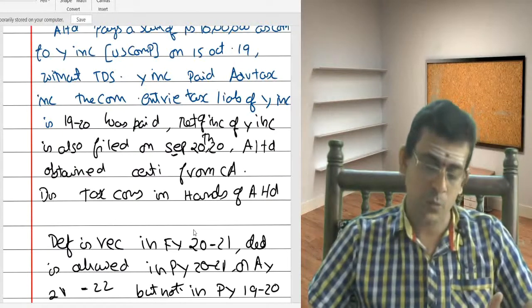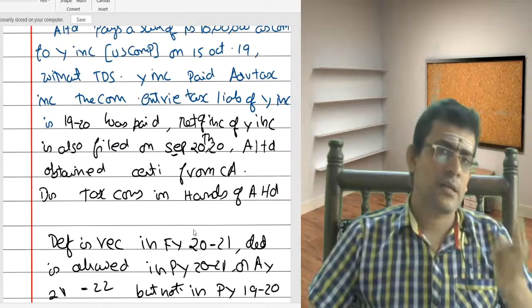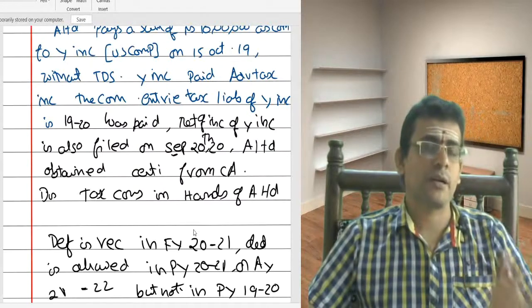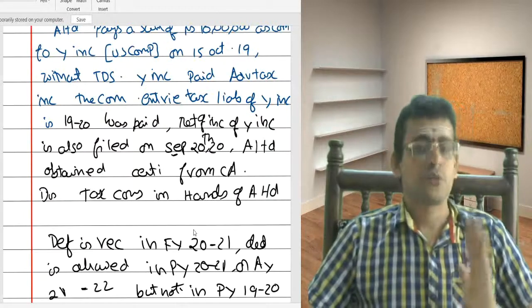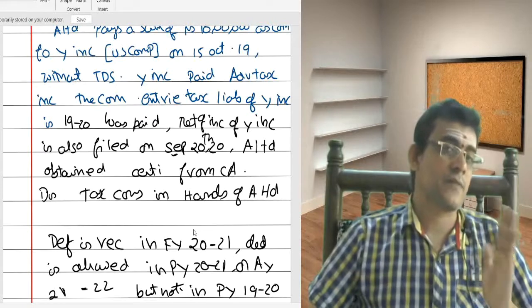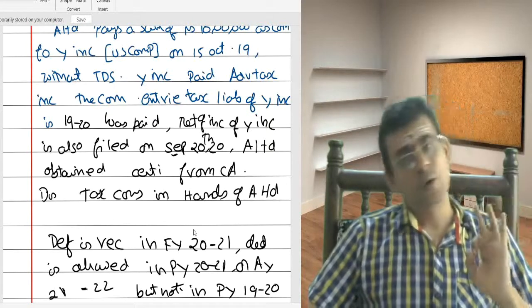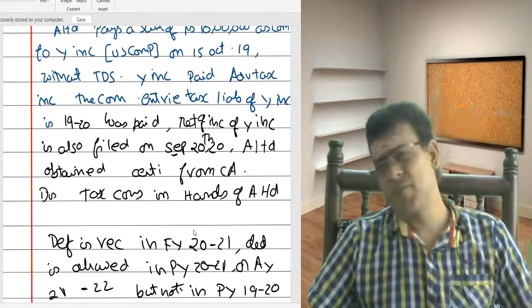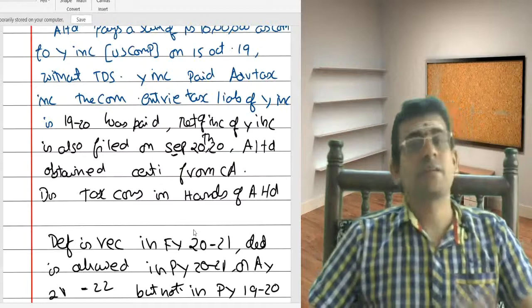So now what should you do? You should explain clearly the SSC in default. Whenever any SSC is supposed to pay the TDS, does not deduct it and fails to deduct, he is called an SSC in default. Then what should you mention? You should clearly mention that whenever the recipient has filed a return, the recipient has paid the taxes, and the payer has obtained a certificate, the default is said to be rectified. So then deduction can be taken in that financial year.